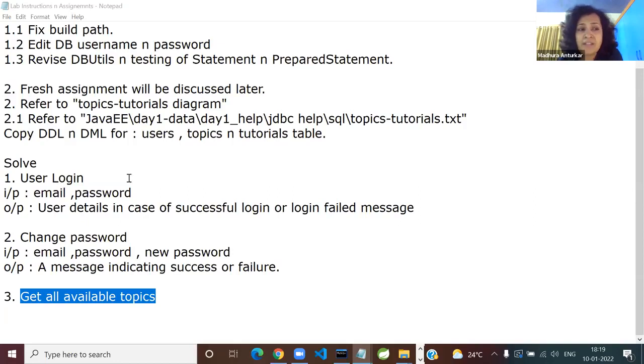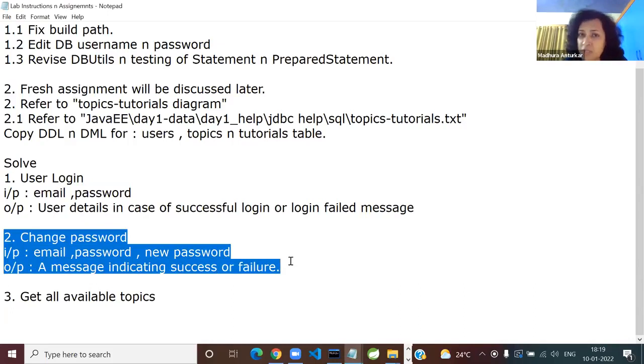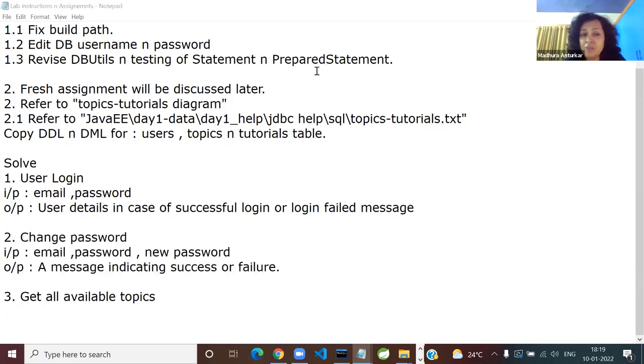Do you think you can manage the first one and the third one at least? Honestly, if you take a little effort, a little bit of reading, you can manage the second one also, but that I'm not forcing you. So is everyone promising me 100% completion of the first and third? Do you think you can manage? Okay, so definitely give it a try. I'm not even asking you to put it in one tester. I'm okay with test user login and test all available topics written as separate test cases, no issues, and get me the solution. So this is where I'm stopping.